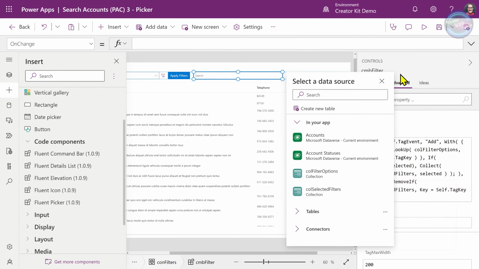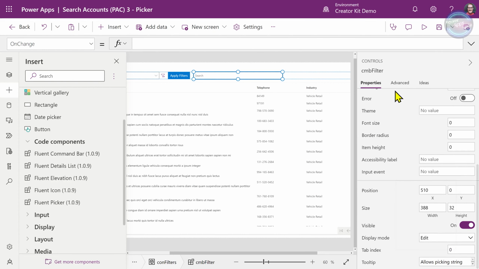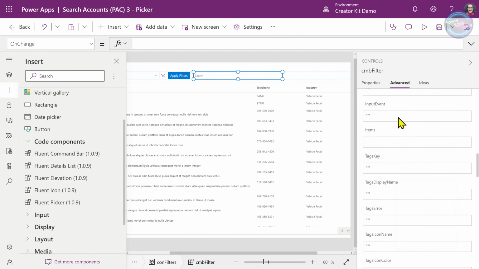So in order to tell the picker which is the key, we need to go over into the advanced properties here, and tell it that the key property is the key property that it gives us in that tag key when we have an add event or a remove event. Okay, so that's all very well and good.